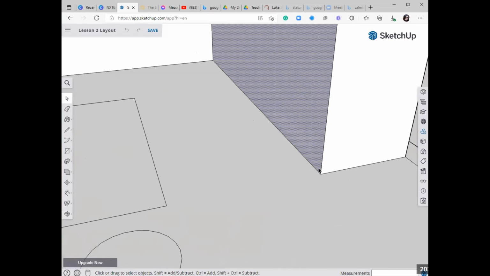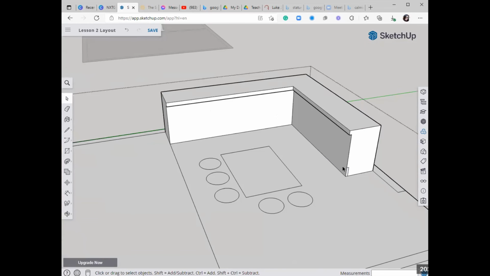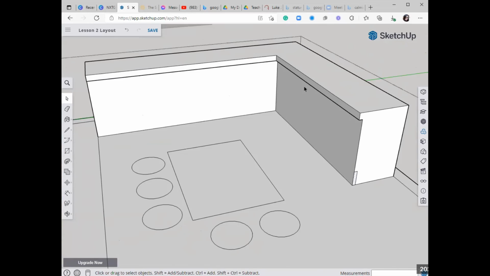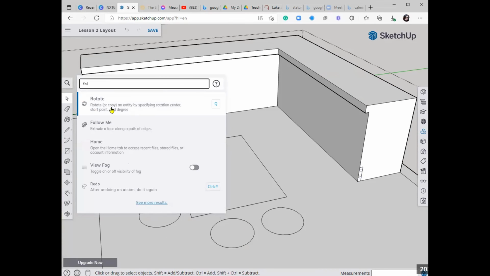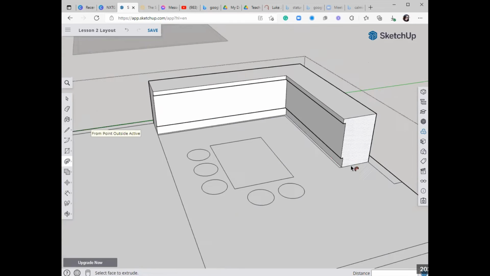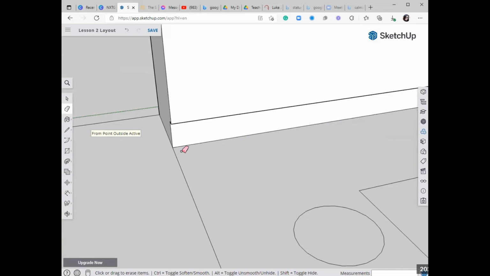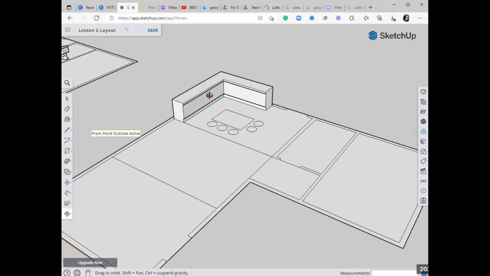Okay, the kick plate where the toe touches the lower part of the kitchen cabinet. So we will use also the follow me, and then follow the lines below. Make sure it follows through, and when you see the red, it's accurate now. So you delete the guides. Okay, this will be your